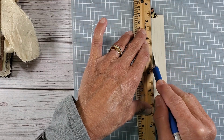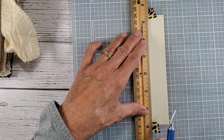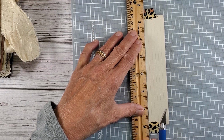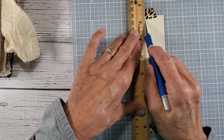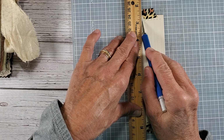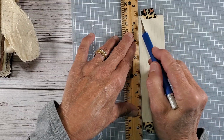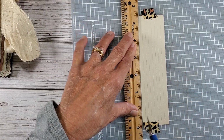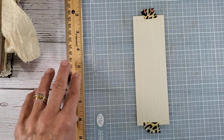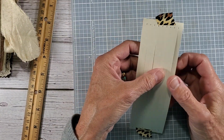And then when it comes time to weaving, you're just going to flip this over because this will become the back side, because you don't want these dots on the front. Okay, all right, so that is done. And here you have all of your